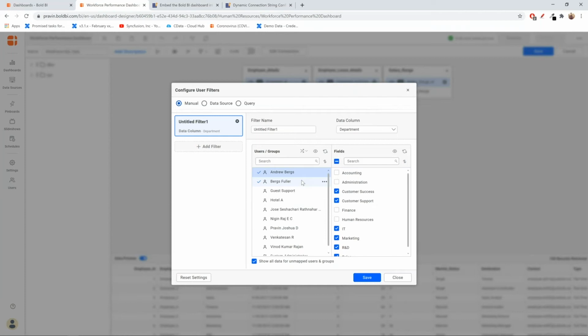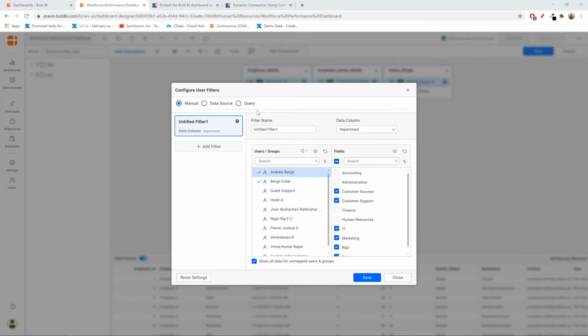But as I said before, the manual process is going to be a bit tedious if you have a large number of users and groups, and you have to manually map the values for them. Often in an organization, there will be new users coming in and users going out, and the permissions could also change based upon an organization restructure or something like that. So it's going to be tedious if every time there is a change, you have to re-edit the dashboard and change those mappings. Instead, we have an option to auto map the permission if you have a permission table. This can be done using a data source or the query option.